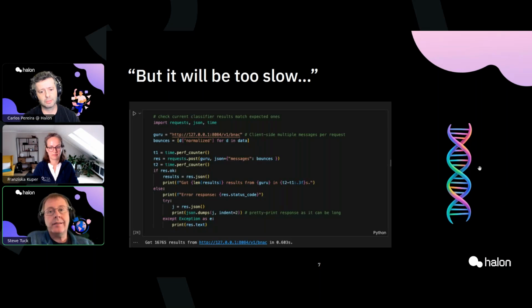Is it perfect? Well, no, not yet. But the more data we train on, the better it gets. And we'll never actually reach perfection, but we're steadily improving the performance. Next slide, please.